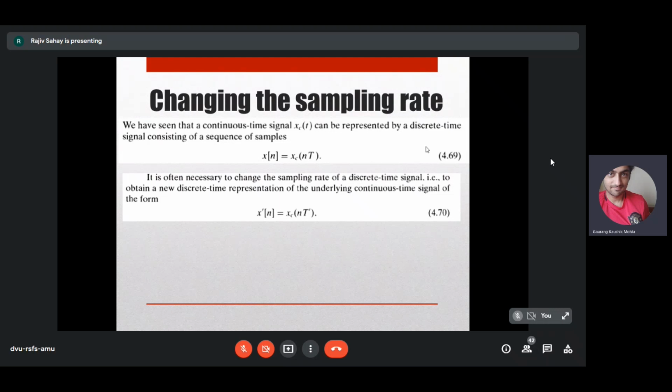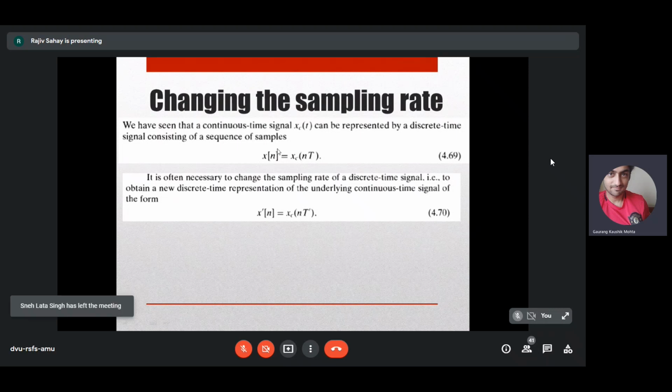Is this clear? Whatever I just described. Before I move forward, I want to make these things clear. Is this okay? Whatever example I have given? Yes. Are you able to understand what is happening? Yes.